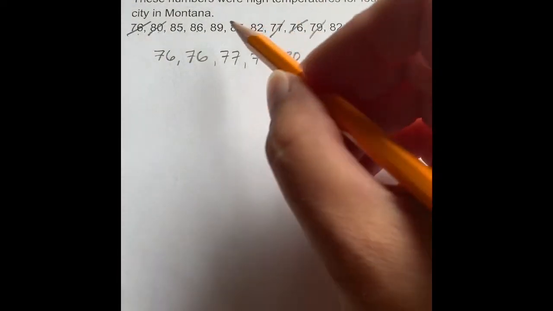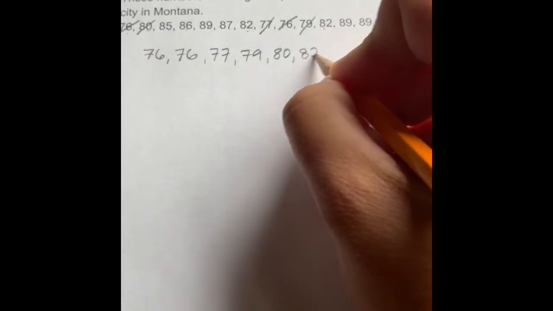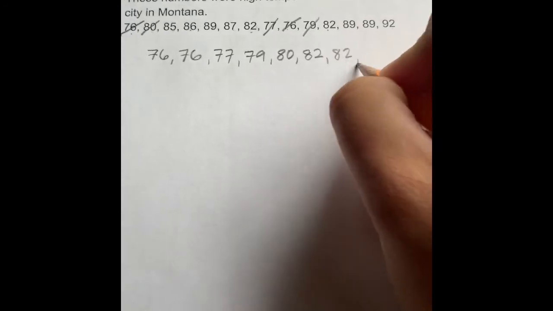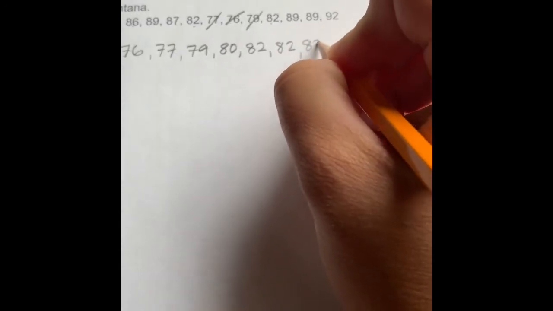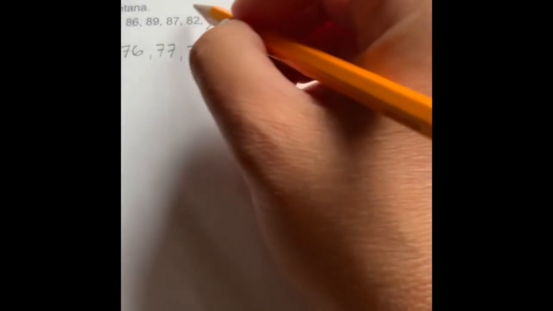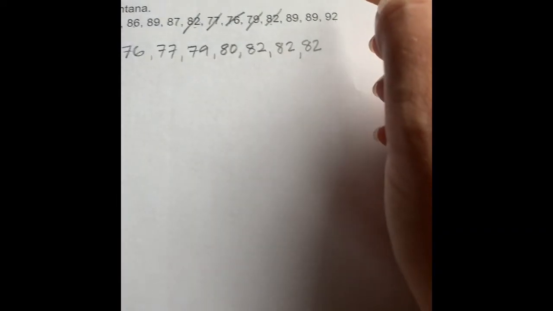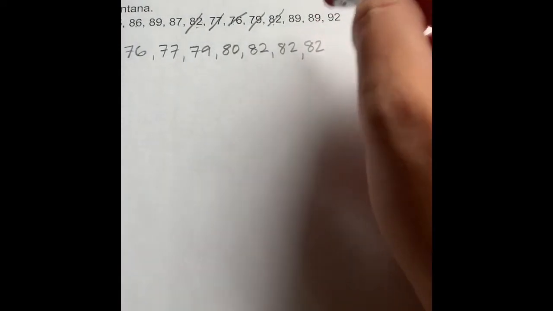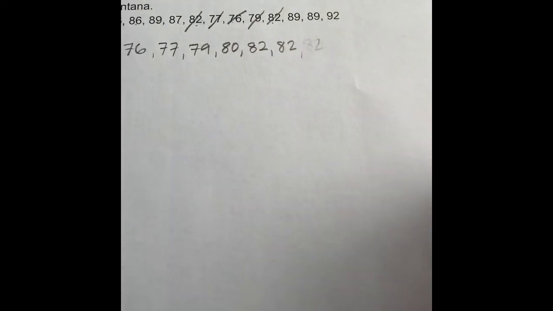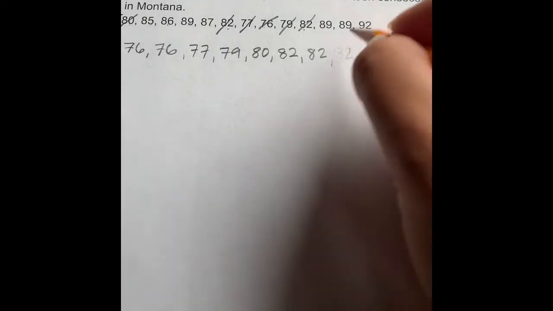After 80, we have 82, 1, 2, 3 times. So we'll write 82 3 times. Mark those out. Nope, we only had it 2 times. Erase one of those. All right, after the 82, we've got 85,